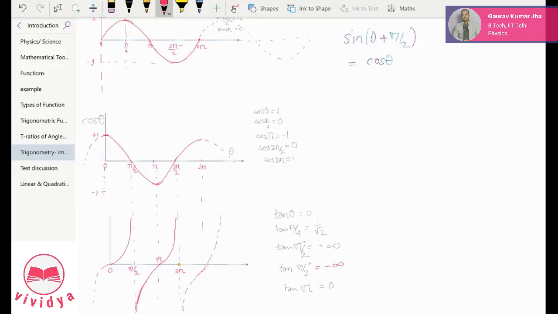Tan is not a loop sort of thing. What you see here at pi by 2, just before and after, we call the graph discontinuous. The graph is not connected. At pi by 2 it breaks. Similarly, this is 3 pi by 2, and at 3 pi by 2 it breaks. So the graph is not continuous at pi by 2, 3 pi by 2, any odd multiple of pi by 2. The graph is discontinuous. That's how you express this idea. While sine and cos